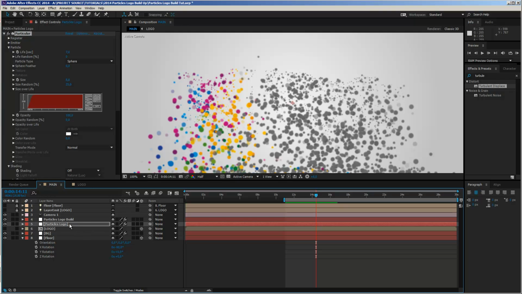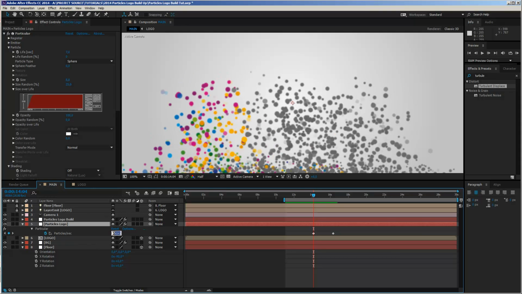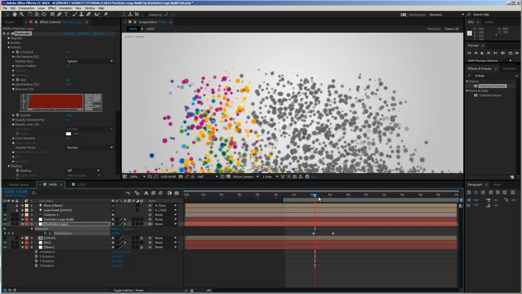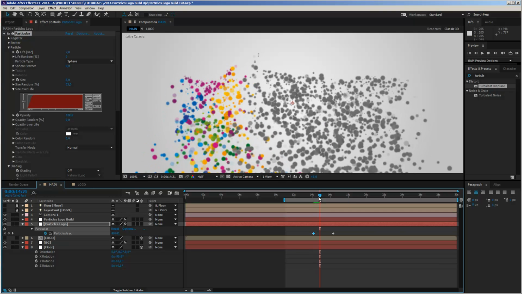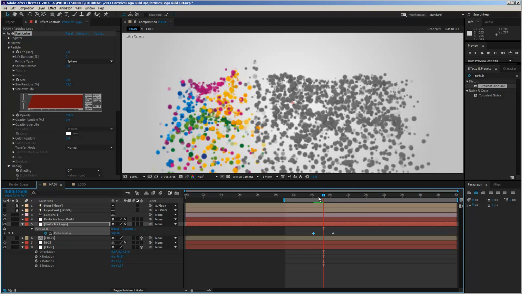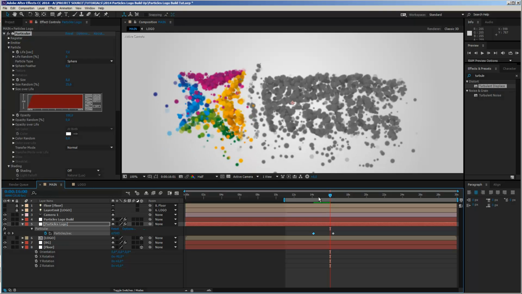So first of all, I want to press U on my particles logo layer. And what I want to do now is I want to reduce the first amount here. So I will set it to about 25,000, only the first amount. The second one I will leave at 75,000. I want this to just start building up a little bit slower, and then more or less increasing the number of particles, so that in the end we still have a dense mesh of particles.